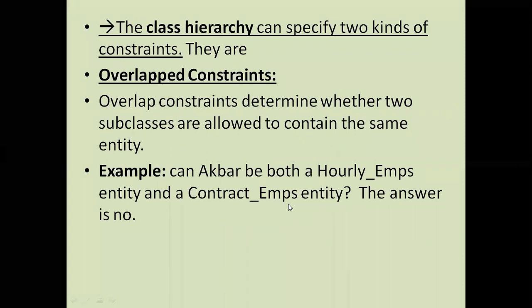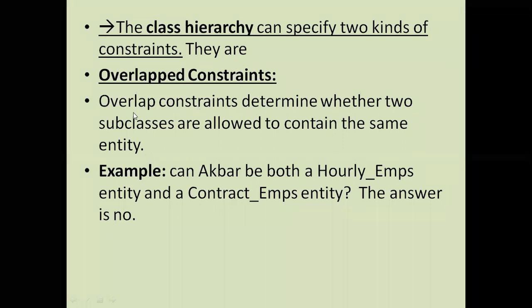Okay, so please remember this. And here some problems also occur. When we work with class hierarchies, we need to care about the constraints. Here two types of constraints are considered: overlap constraints and another one, covering constraints. I think the name implies it. Overlap constraints means these constraints overlap with other constraints. So in some situations, when we consider the hierarchies from the main class to the subclasses, there is a chance some constraints overlap. So which type of cases occur?